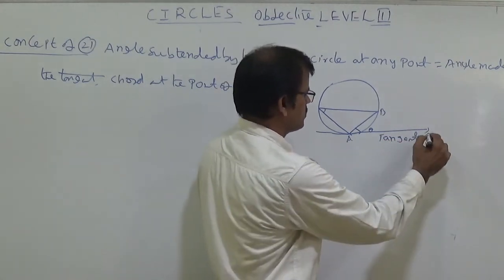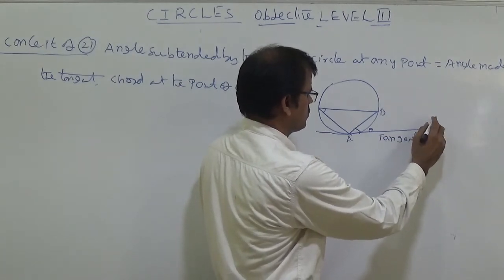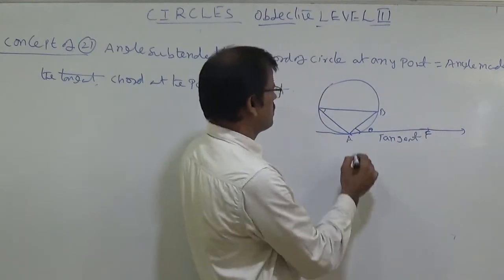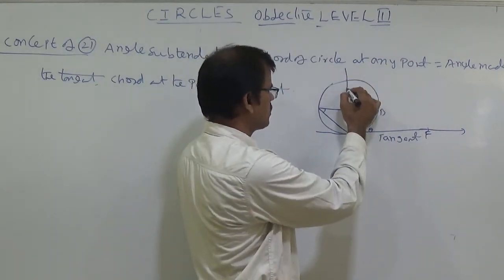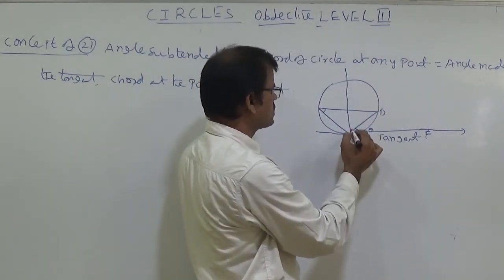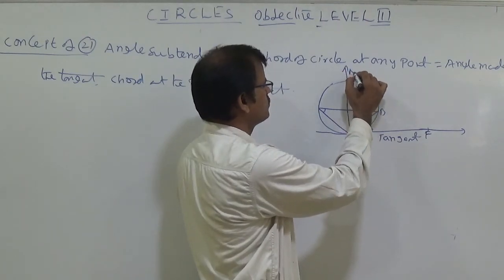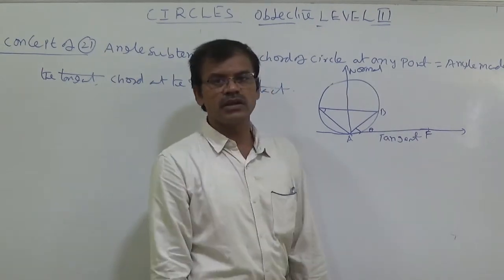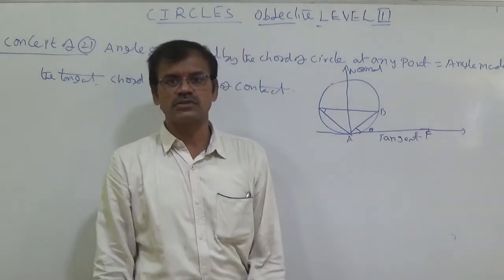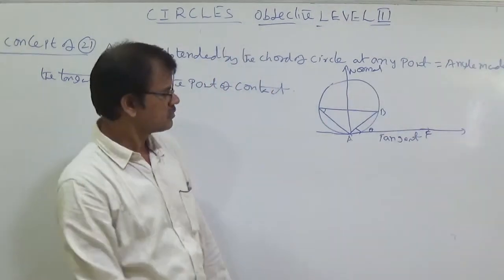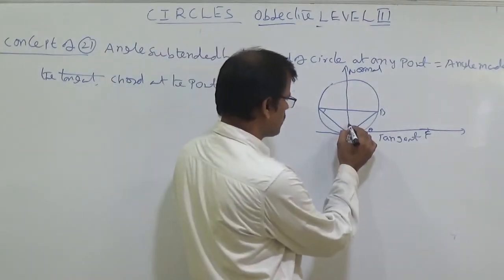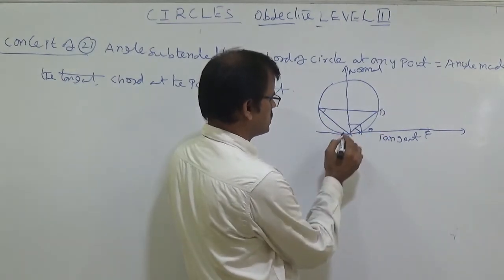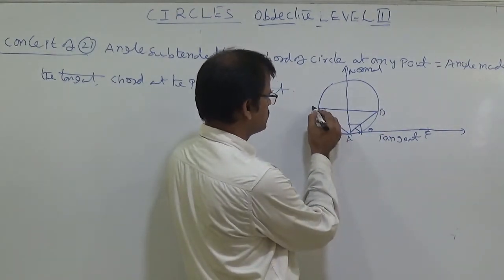This is tangent AF, you put. AF is a tangent. Whenever a tangent is there for the circle, we can discuss the normal. We know that the normal is the perpendicular line to the tangent and passes through the point of contact. This is the normal. Put here this is AB, that is F. I put this is C.